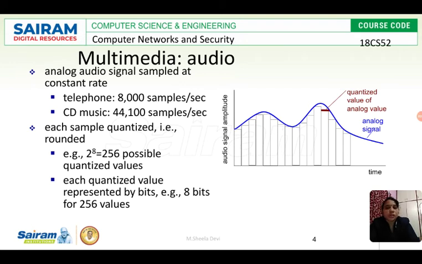This topic is covered in Data Communication. I'm just stating the steps involved. You would already have studied it in data communication in the last semester, so I'm briefing that only two processes are involved: sampling and quantization. Finally, after the quantization, the output will be zeros and ones. For every sample, we get 1 byte of data.